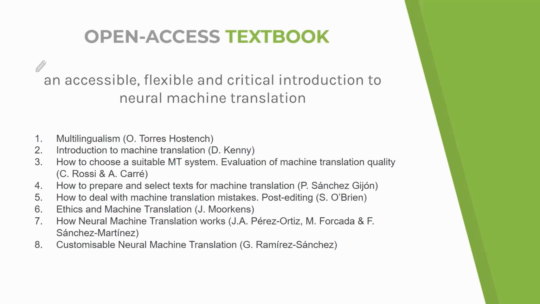The first is multilingualism. So in this chapter, Olga Torres-Hostench puts the case for multilingualism and sets the scene for the rest of the book, if you like. You are probably aware, being in this industry, or certainly if you're in the English-speaking world, that the very need for individuals to speak more than one language is sometimes questioned by policy makers in the light of, for example, extensive use of English, but also the presence of quite highly functioning machine translation. So a case still needs to be made for multilingualism and how perhaps machine translation can support it rather than